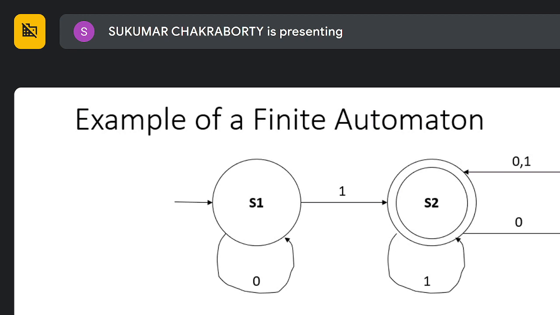Similarly, when in S2 I give 0, it goes to S3, and when in S2 I give 1, it remains in S2. And in S3, whether I give 0 or 1, it comes back to S2. And when, after giving an input, my state machine ends up in a final state, then we say that this string of symbols